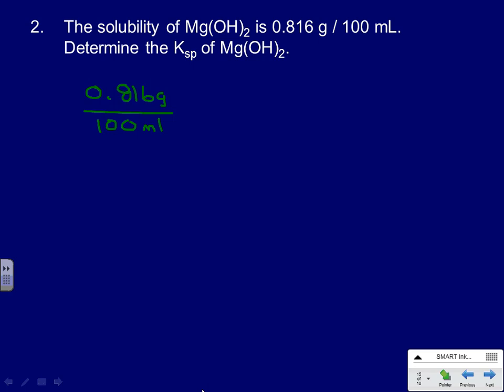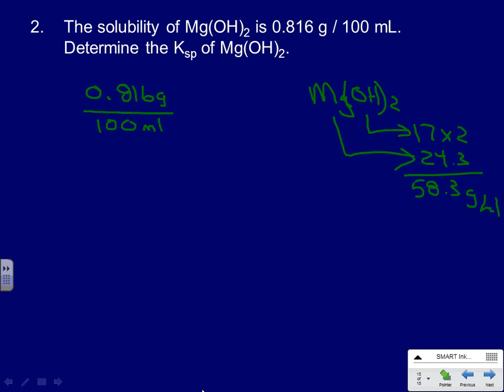How do I convert mass to moles? Oh, yeah, that's good. We haven't done that in a while. That's fun. We need a molar mass. MgOH2. An OH has got to be what, 17? 17 times 2? I just put the O with the H. Magnesium, 24.3. I don't know what that is. Somebody tell me that number when you get it. 58.3